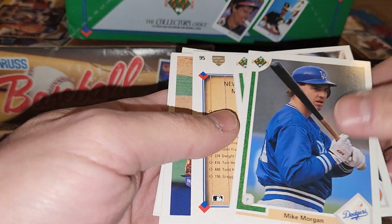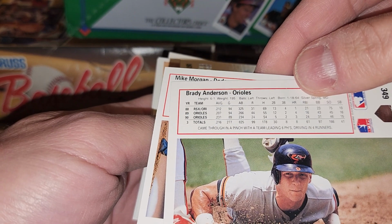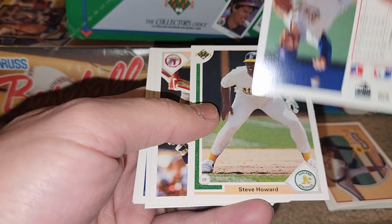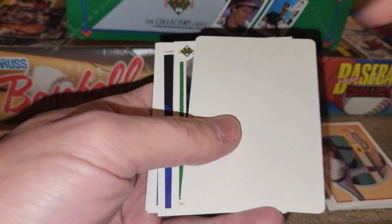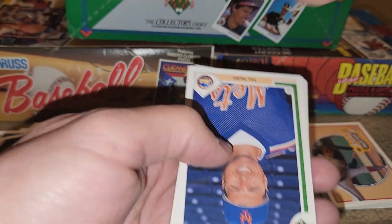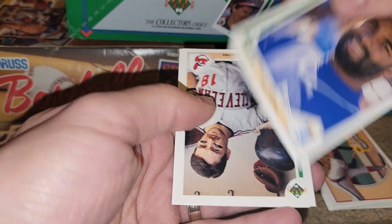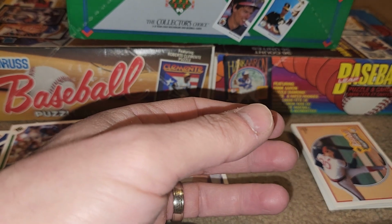That's Brady Anderson before he started hitting the roids. He had 8 career home runs at this time, and then he hit 50 in a season. Greg Jeffries again. Ron Robinson, Steve Howard, Rex Hudler again. Okay, I'm starting to see some repeats. Brewers, Walt Weiss. At the Bonds checklist again. Tim Teufel, the Hawk, Andre Dawson, Tom Candiotti, Brian McRae, Chris James, Tim Drummond,